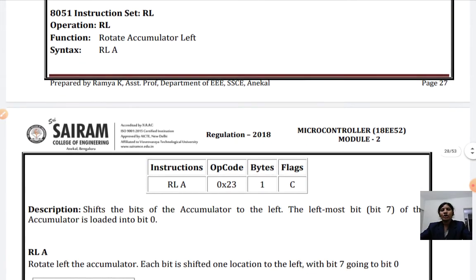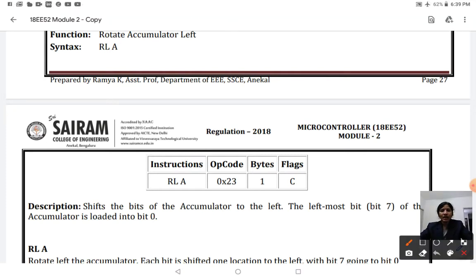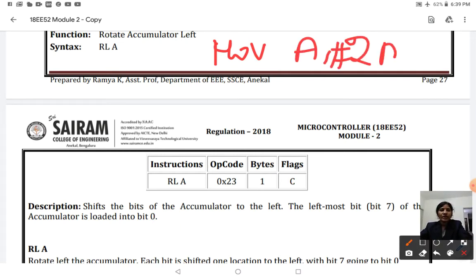Next is your rotate left instruction. In rotate left instruction, I'll show the same thing with the same example. MOV A, #2AH. Consider the content available in the accumulator is 2A. After this instruction, if you give RLA, that is rotate accumulator left.